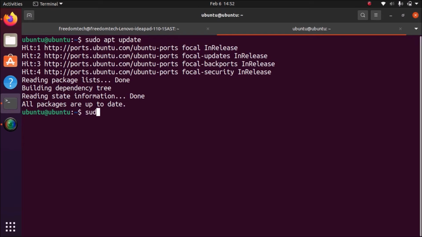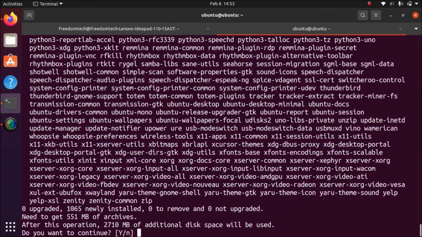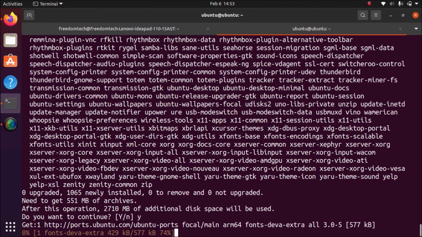Now we are going to install the desktop package: sudo apt install ubuntu-desktop. Just hit enter, and as you can see it will install 2710 MB of packages. Simply press Y, enter, and now the packages are installing.